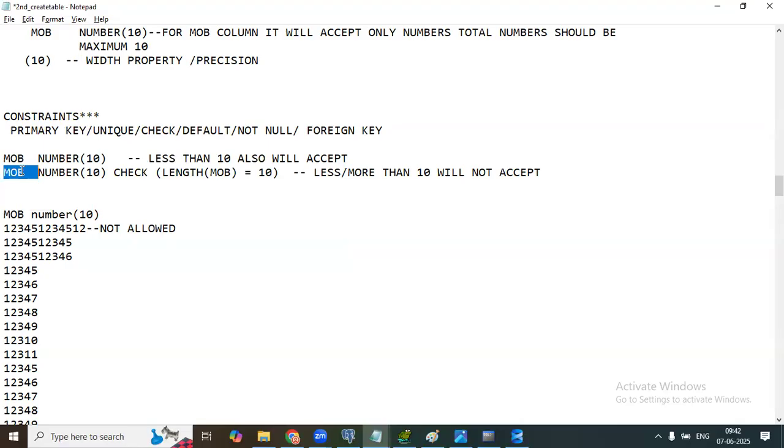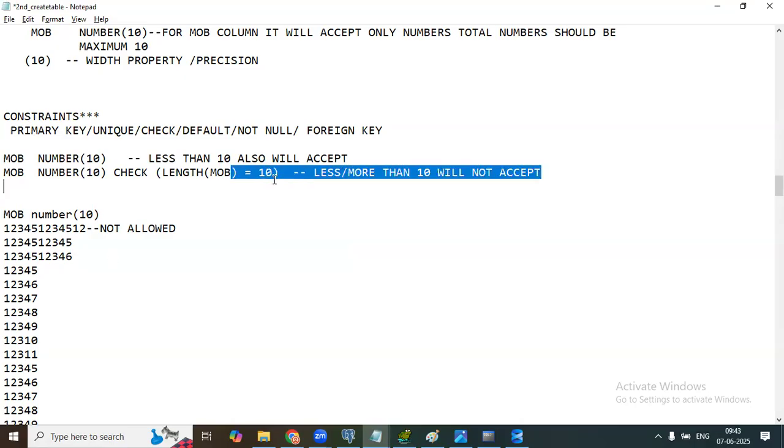But if you don't want to accept less than 10, we have to add this: the mobile number is number of 10, but if someone gives less than 10, don't accept. Check that the length of the mobile number is 10 digits, then only accept it. Like that we have to specify it.